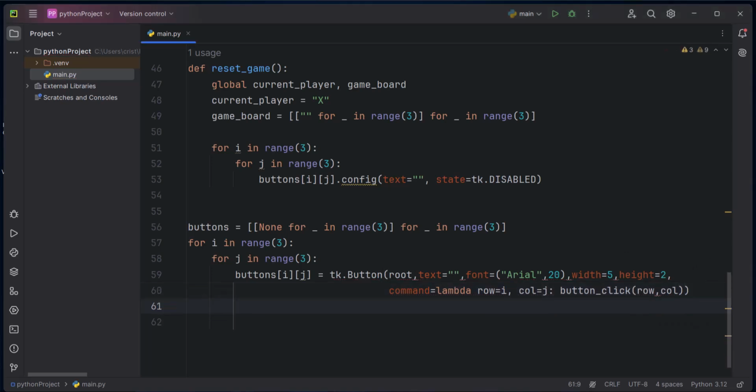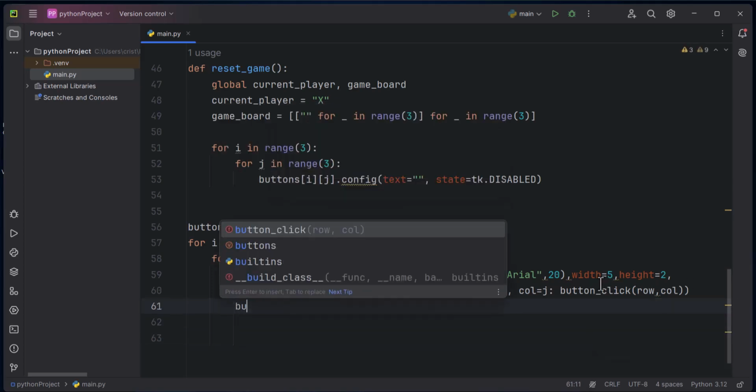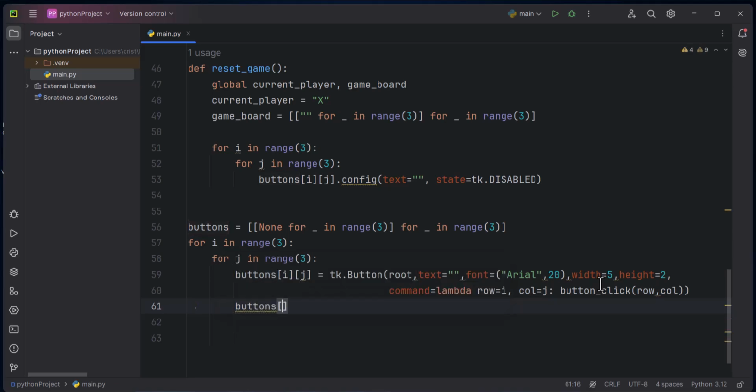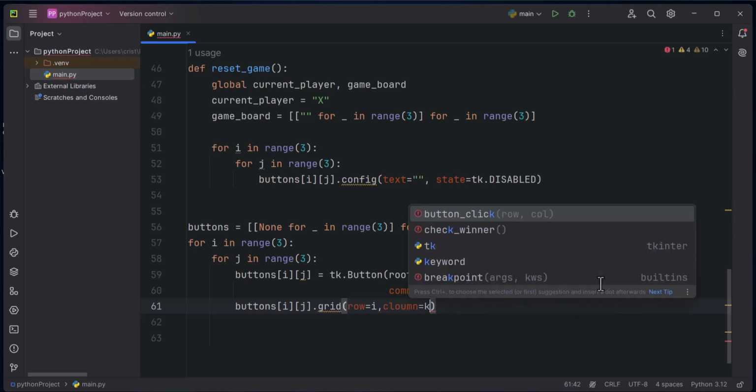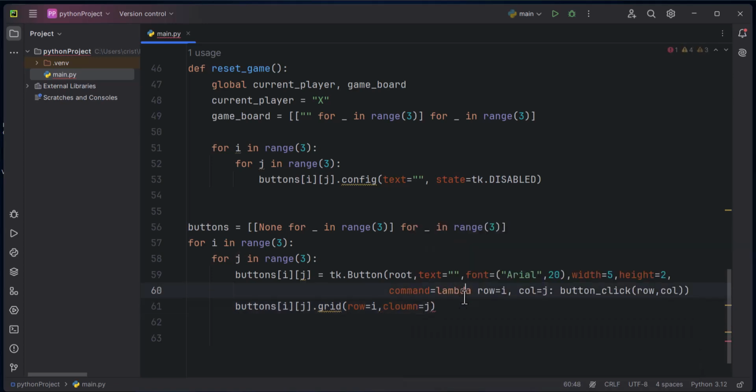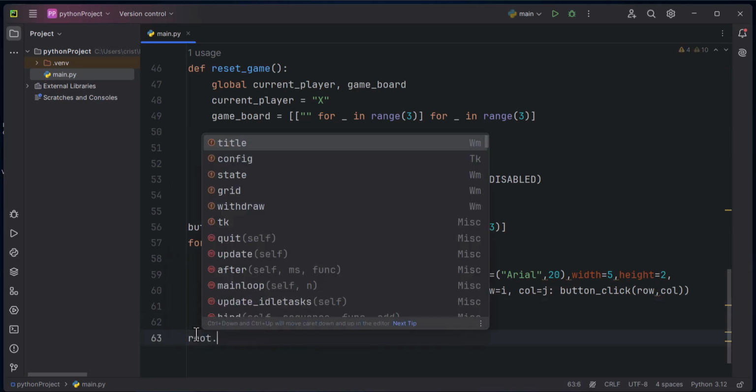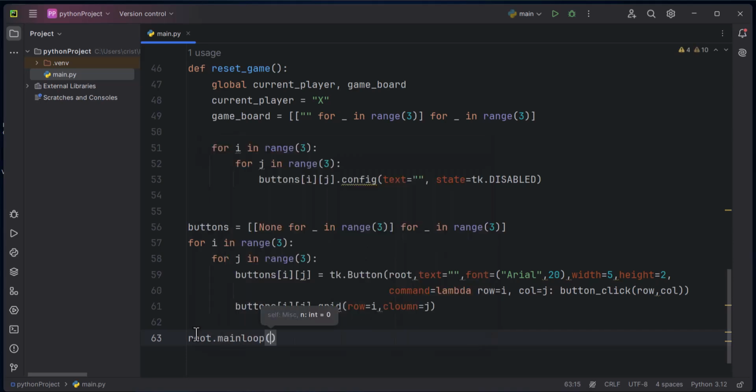Next, we have some underlines here. Next, I'm gonna go down here and I'll type here buttons i j dot grid, row is gonna be equal to i, and column is gonna be equal to j. Should be. Now I'm gonna go here and I'll type root dot main loop, and that is gonna start the main loop